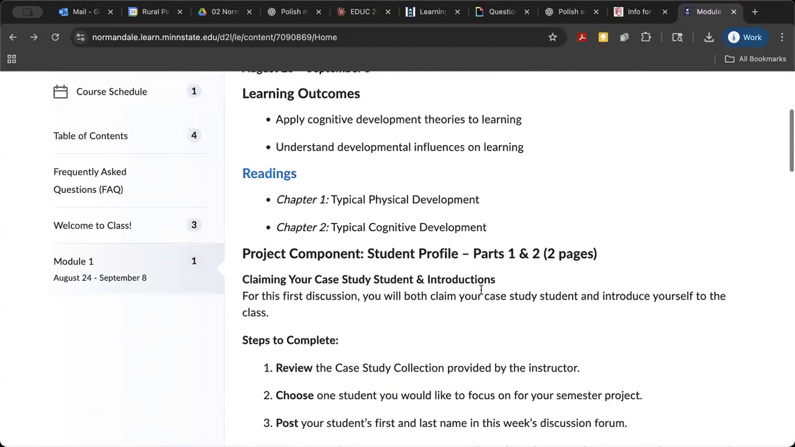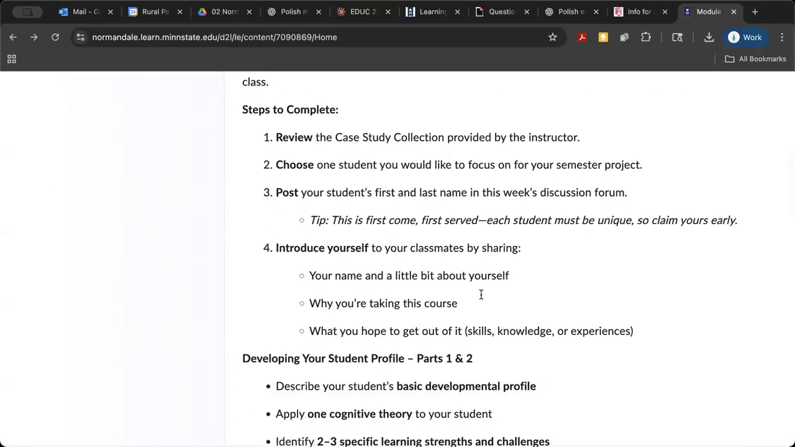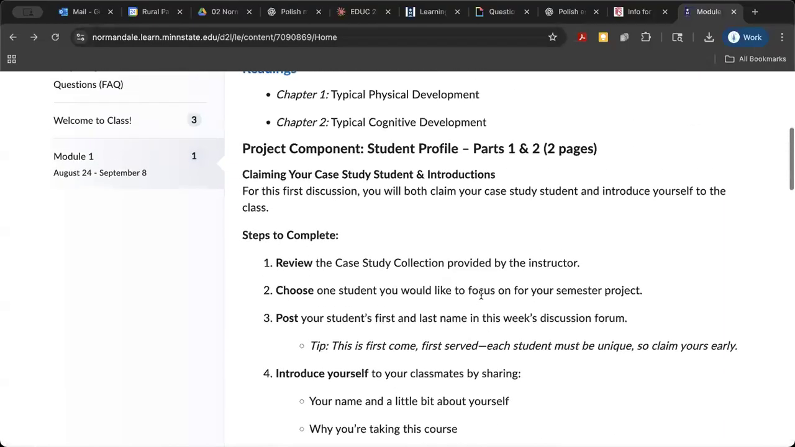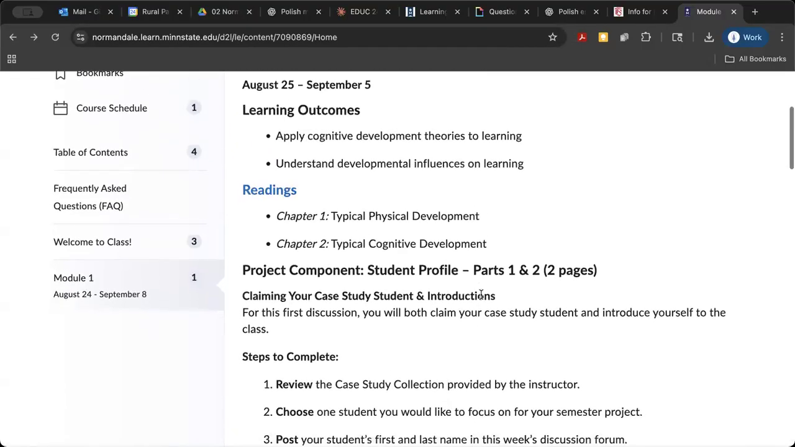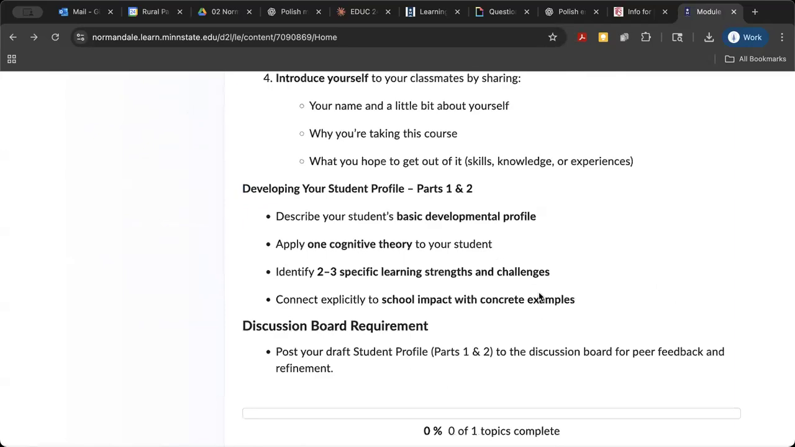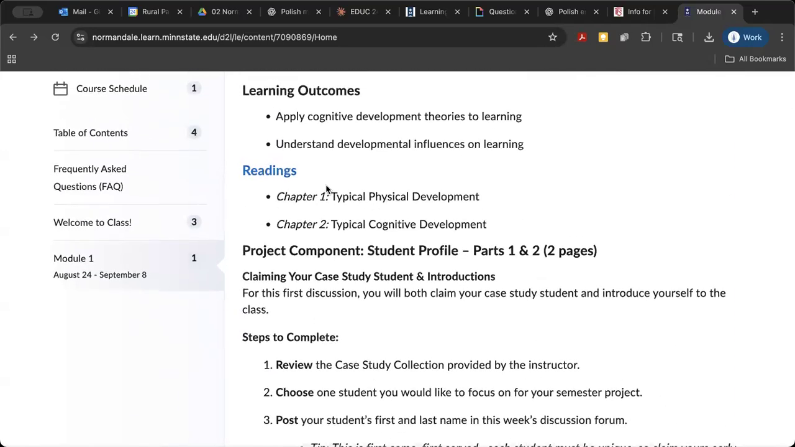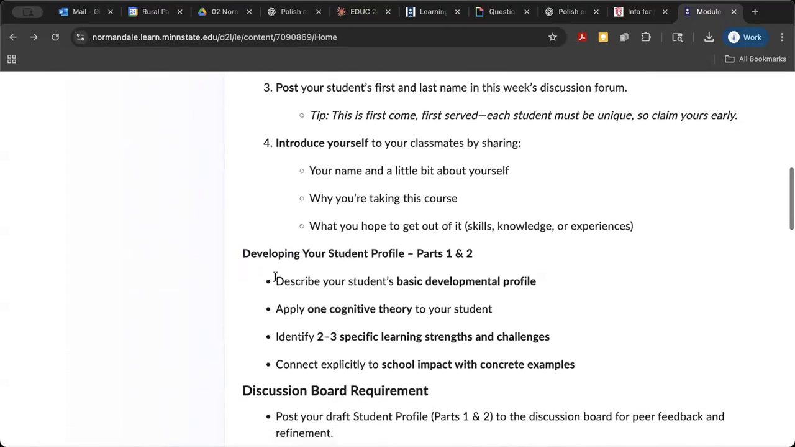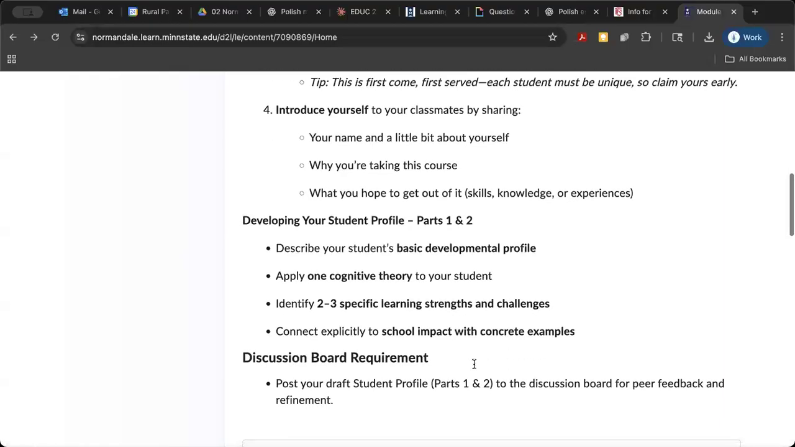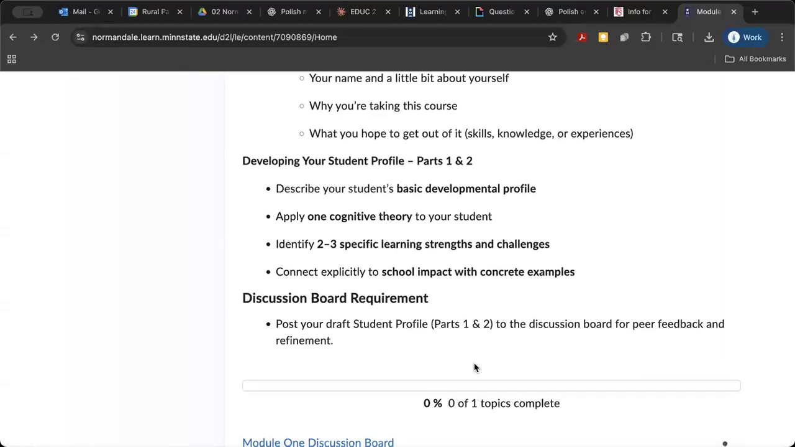So you might be wondering, well, how am I going to approach this? What I would do is pick your case study student, read about them, take some notes, do some highlighting, probably print off. I would say have a hard copy of your student. You don't need them all. And then I would also have these questions beside me. And as I'm reading these chapters in our e-text, I would be making connections to my student from what I'm reading. Then when you're finished, you should already have some notes about your student's basic developmental profile, a cognitive theory. You should have notes about these. And then it's a matter of putting these into some sentences and formulating it and sharing it on this discussion board